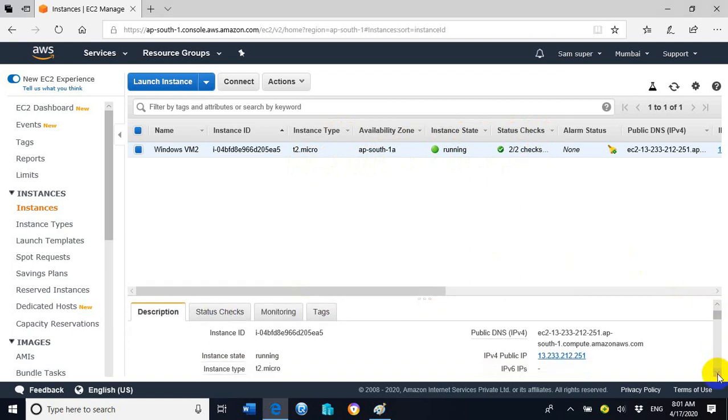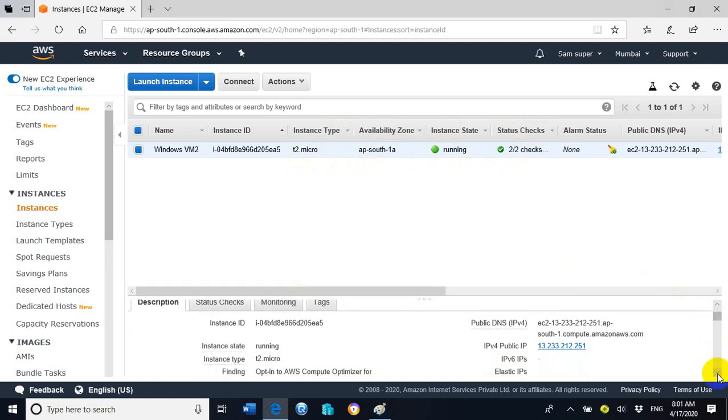Now under the description we can see the public IP address is 13.233.212.251. This public IP address we can use for accessing this EC2 instance remotely on the RDP console.